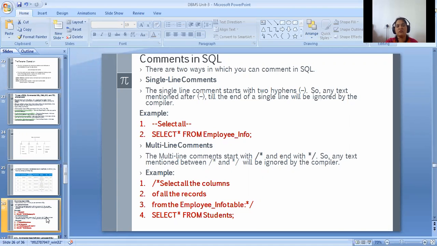We are using comments in each and every language, even C, C++, Java, .NET, everywhere. Sometimes the syntax may change a little bit, but the purpose of the comments is only one. Which is that? Anyone knows?